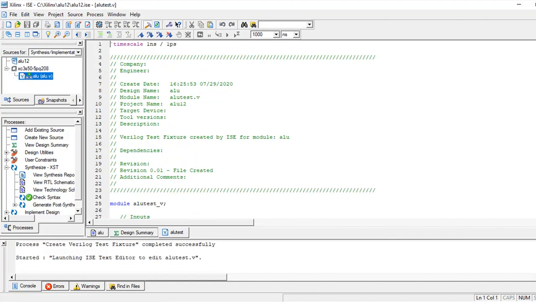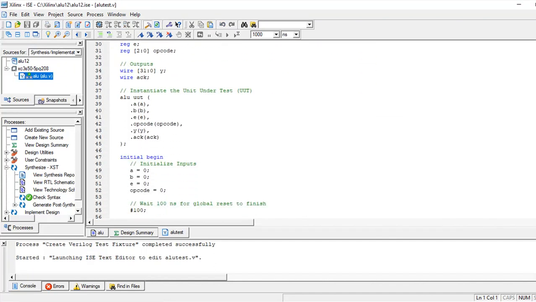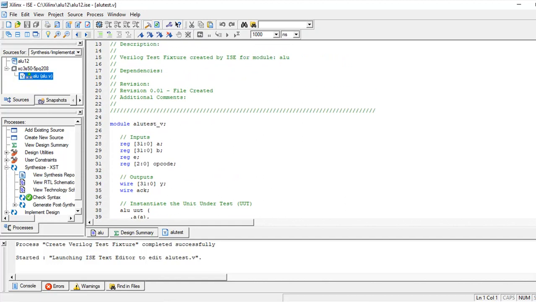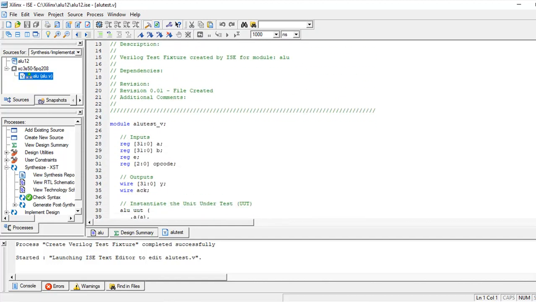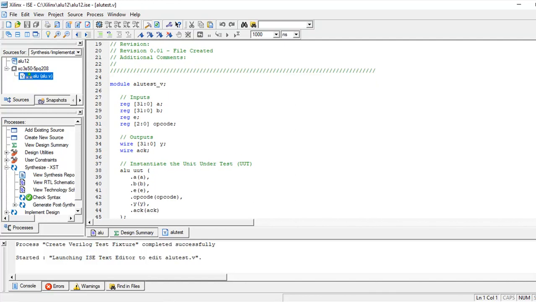Once you perform this operation, the Xilinx itself will generate a module along with the list of variables used as input as well as output parameters. You can observe that the module consists of the test fixture name ALU_test_v, but it does not have any terminal list. This test fixture we also call a stimulus block.